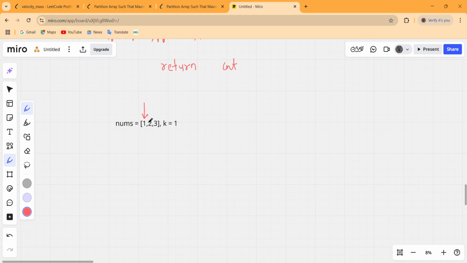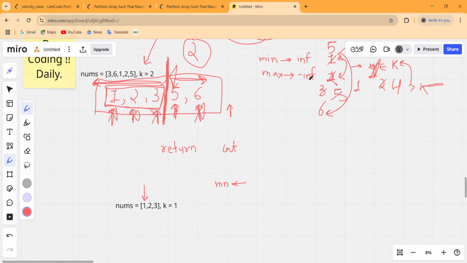I will start from 0 till less than the length of this array. Let us define minimum, which is first initialized with plus infinity, and maximum with minus infinity. The minimum value till this index is 1, and the maximum till this index is also 1.